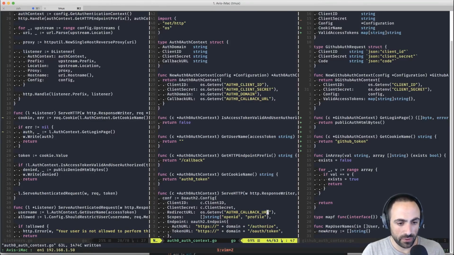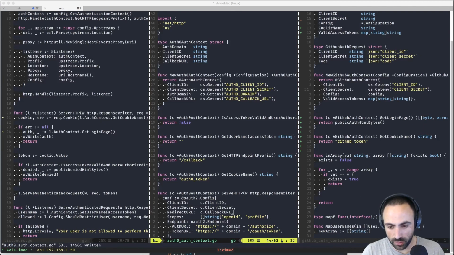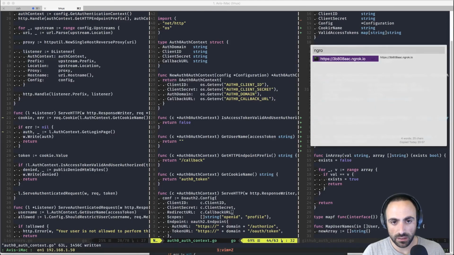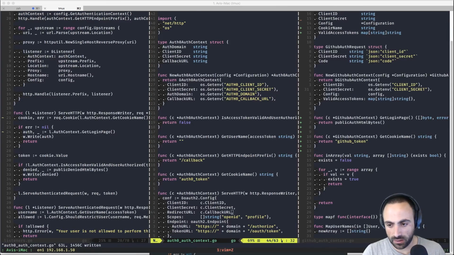Okay, so then this is going to be this and c.CallbackURL. Okay, so let me put those in here. And then this is Auth0 domain and Auth0 callback URL. And this is the ngrok domain here and callback.